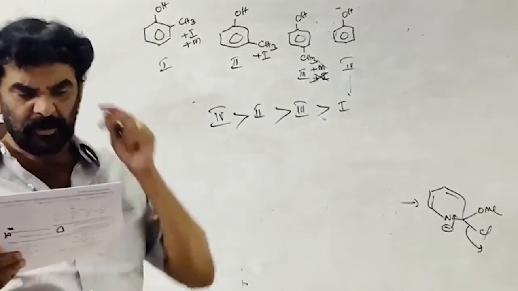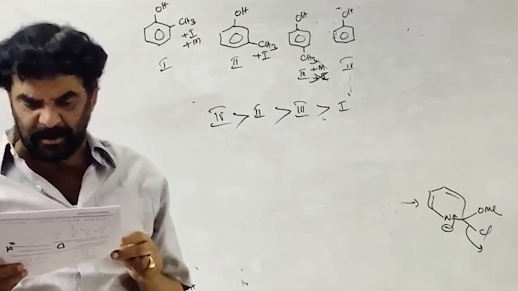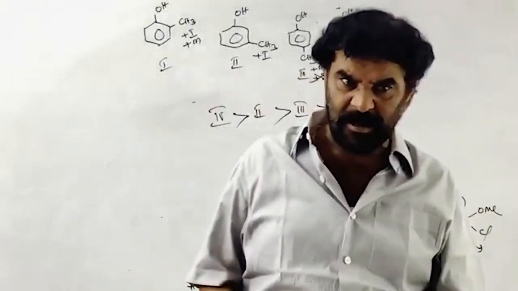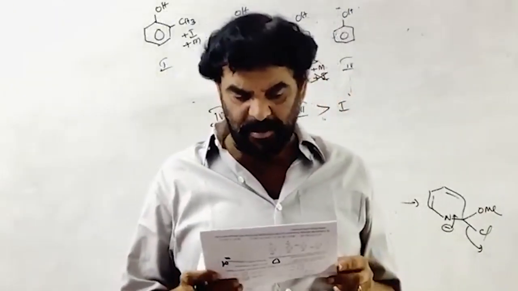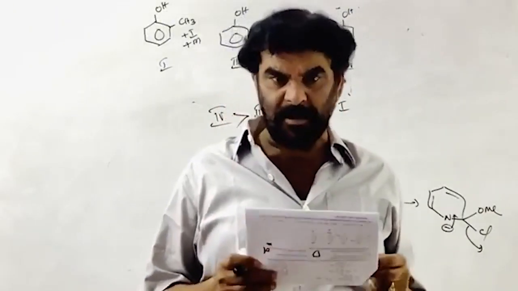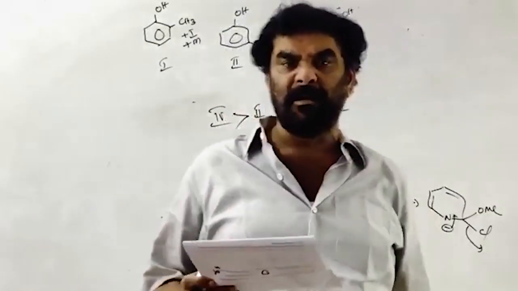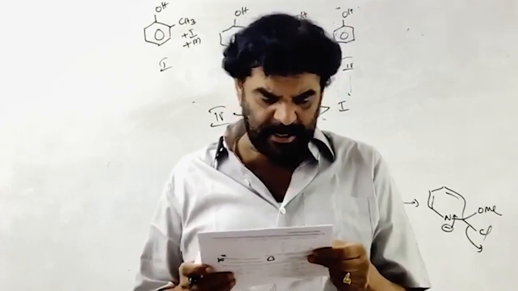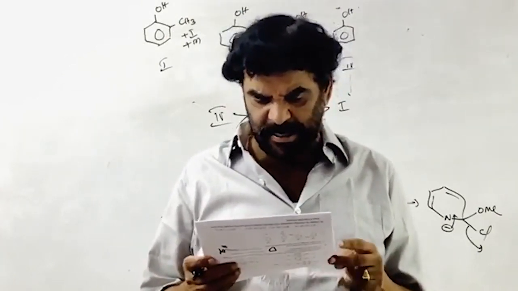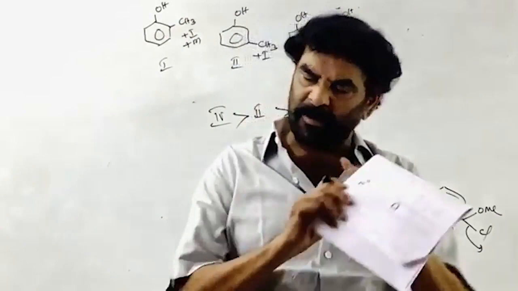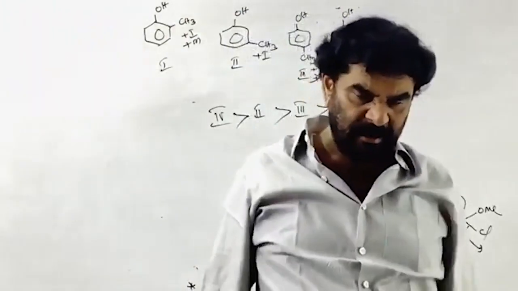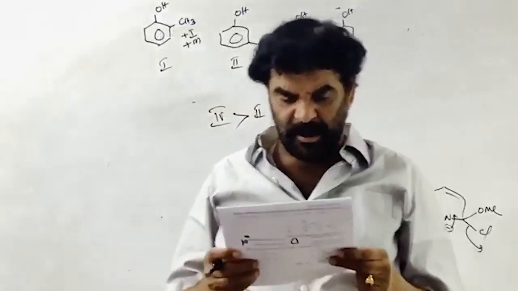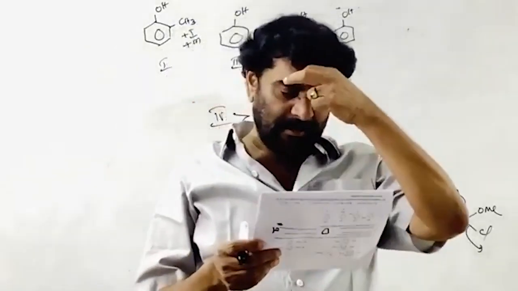That is A. Both phenol and benzyl alcohol are soluble in sodium hydroxide. No, alcohols are not soluble in sodium hydroxide. Only phenols are soluble. Phenols and carboxylic acids are soluble in sodium hydroxide. And statement A is not correct. Both phenol as well as benzyl alcohol react with bromine water. No, only phenol decolorizes bromine water to form 2,4,6-tribromophenol. That is not benzyl alcohol.